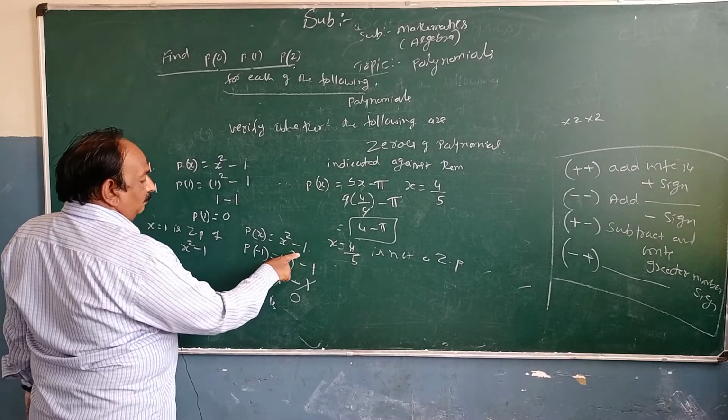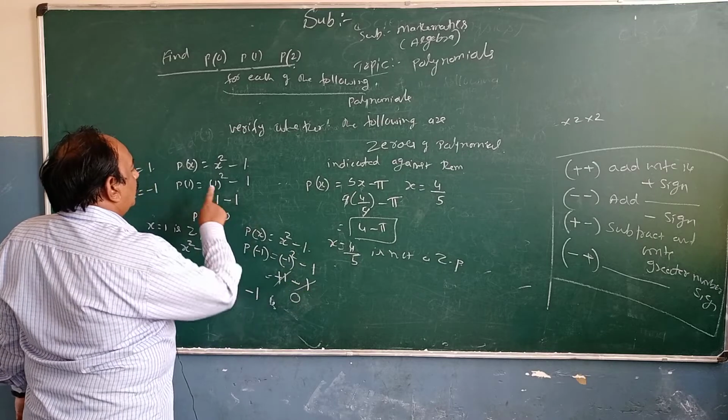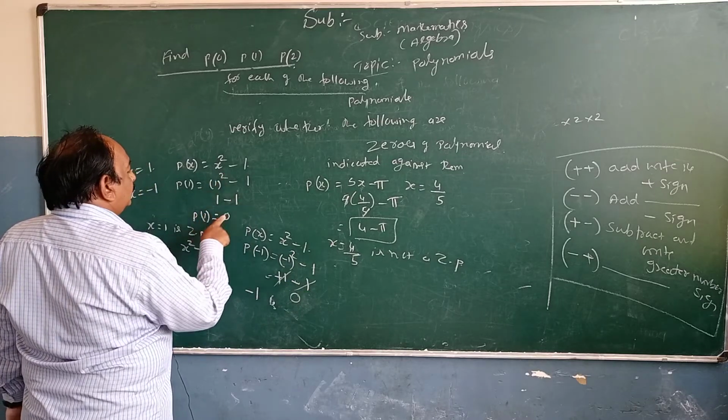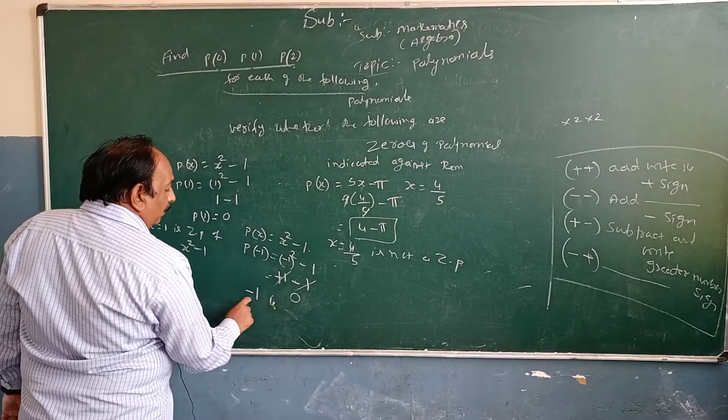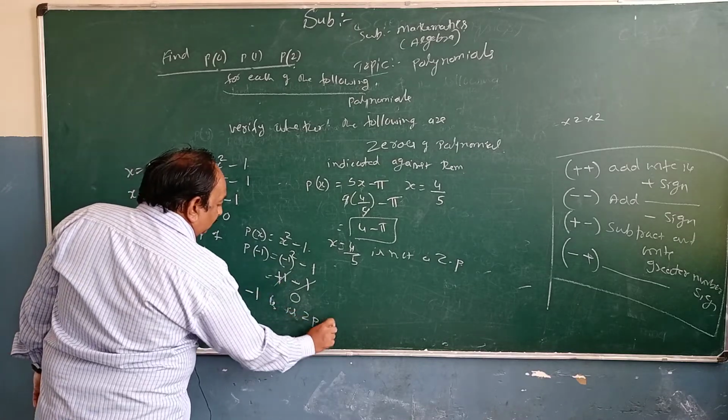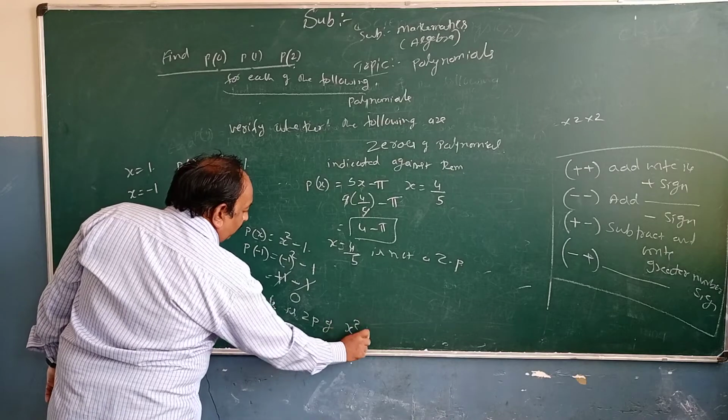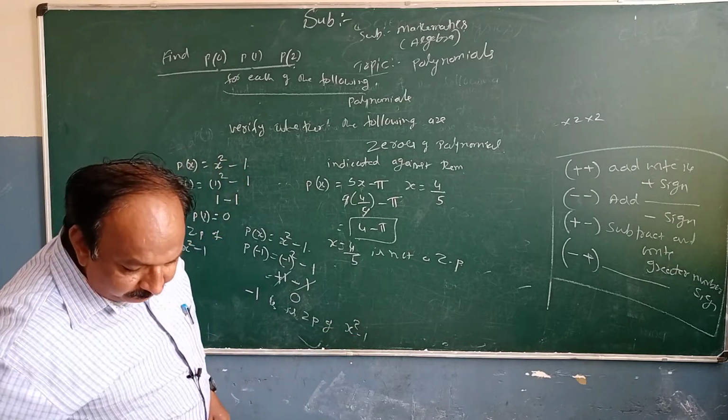Minus into minus is plus 1. Minus 1, 1 ones are 1. 1 minus 1 is 0. Minus 1 becomes plus 1. So, minus 1 is also a zero of the polynomial x square minus 1. Now,